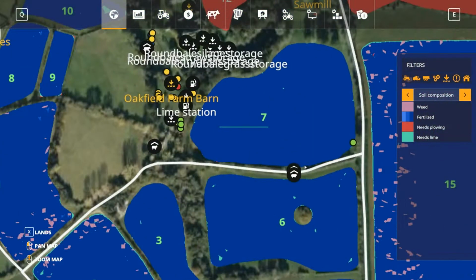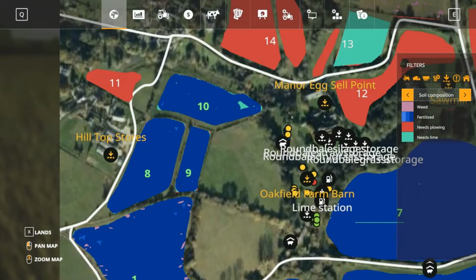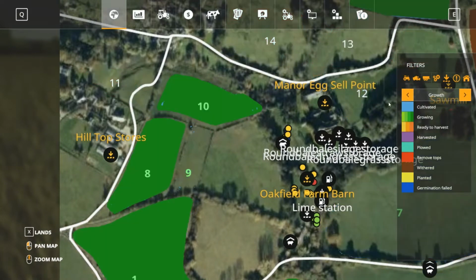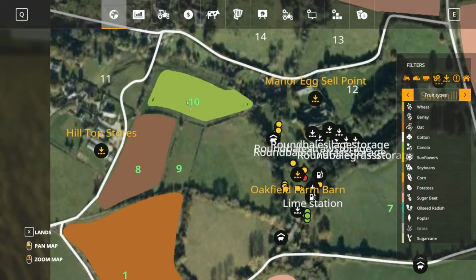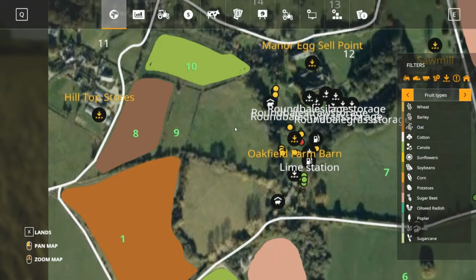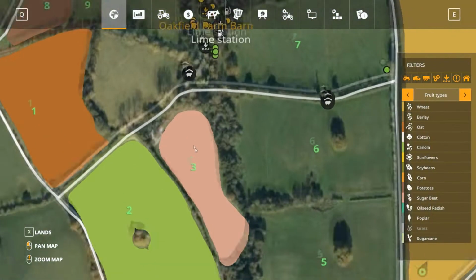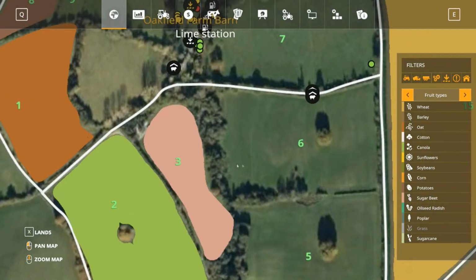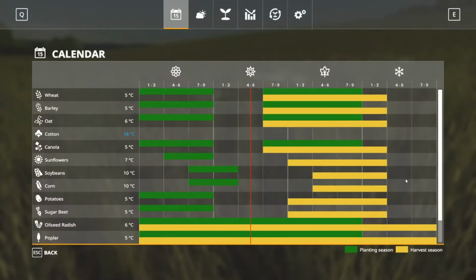I took a gamble on this field over here, field 10. As I'll show, if I bring up the wheat types, as you can see it's missed a bit there, but I planted potato, sugarcane, canola on there, and potatoes down here. And now if we go on to, oh, left, oh, yes,